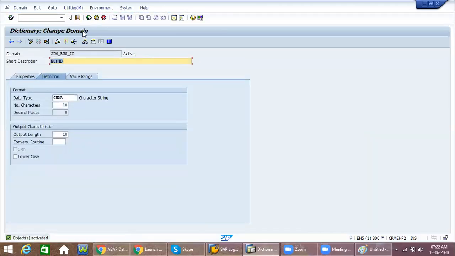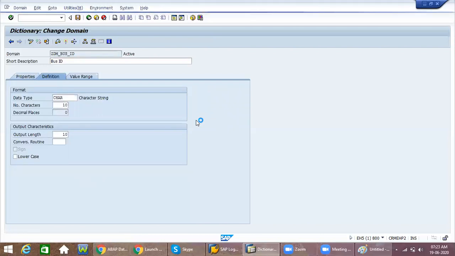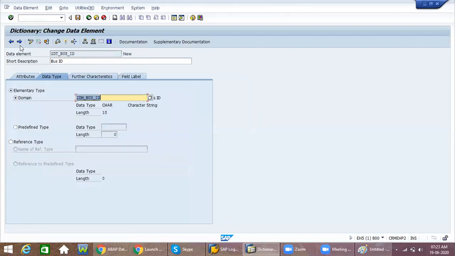Now we are in the screen of the domain, right? So this domain is activated. Now come back. Once you come back, we are in the place of the data element.